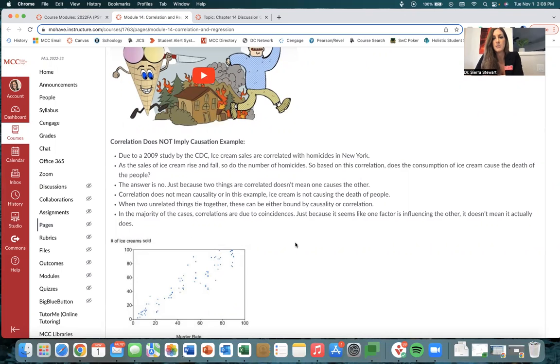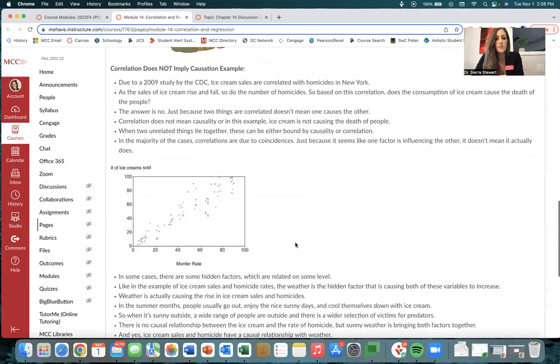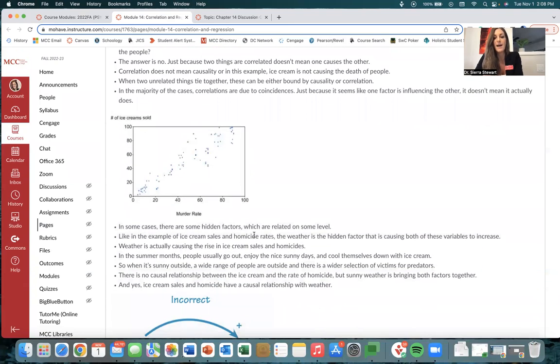So you can't assume that just because one thing is occurring with the other thing, that's the reason for it. All right. In this case, there are usually some hidden factors which make them related. But again, it's not causing the other one. There's a relationship, but the cause is inaccurate. So in this case, you have to look at the weather. The weather is actually increasing the rise in the ice cream sales and the homicides or the murder rates,